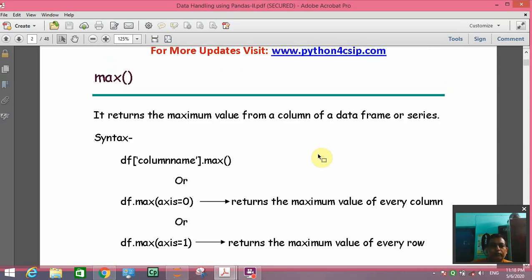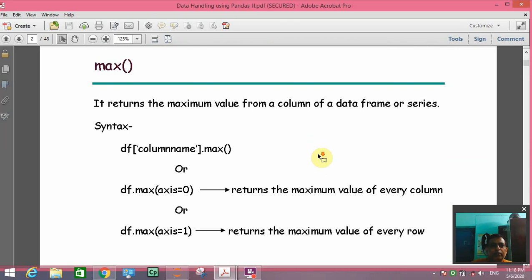Next, what are the tools? We are going to see how to find maximum of any data. We will use this technique to find out a data frame column's maximum.